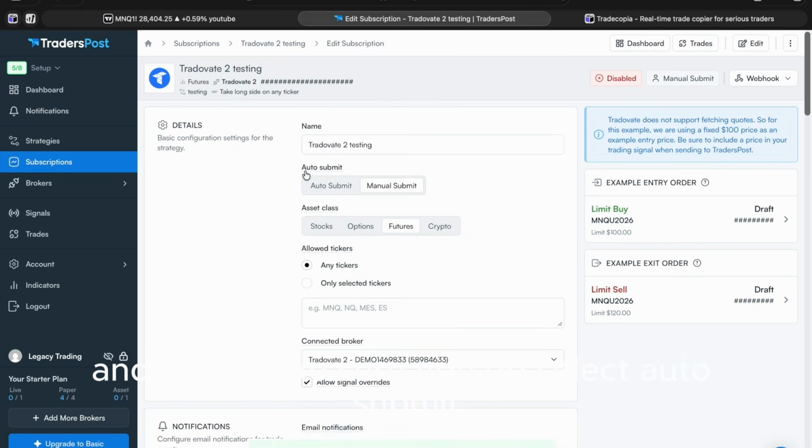And then make sure you do select auto submit, because when you select manual submit, what it does, it basically just sends you a notification to your phone and you have to manually approve it, which basically defeats the purpose of automation. So make sure you do select auto submit, so it will automatically submit the order. Okay,